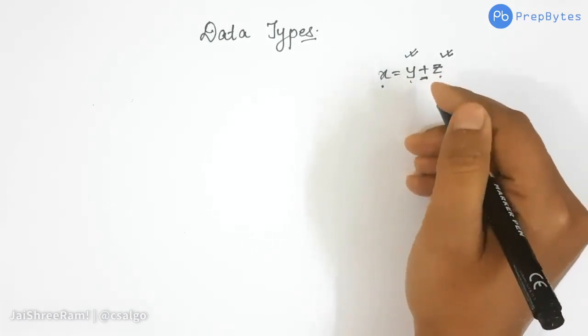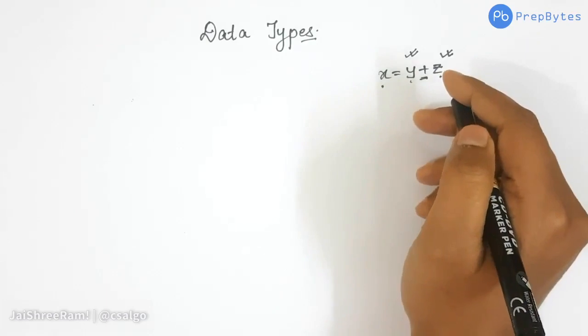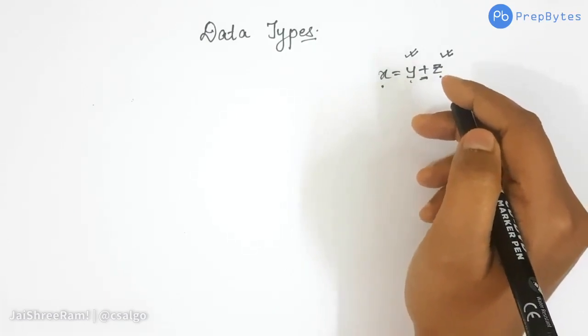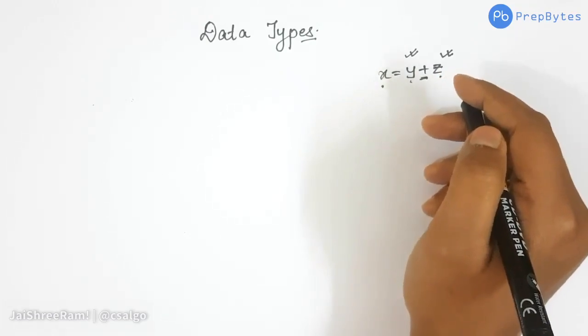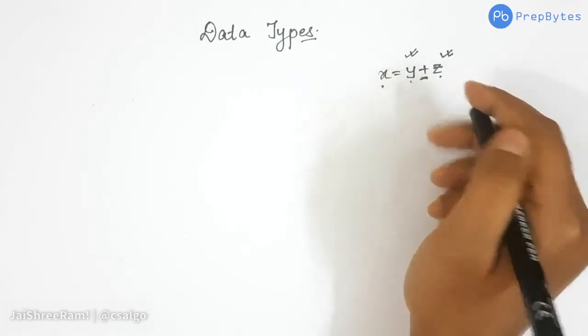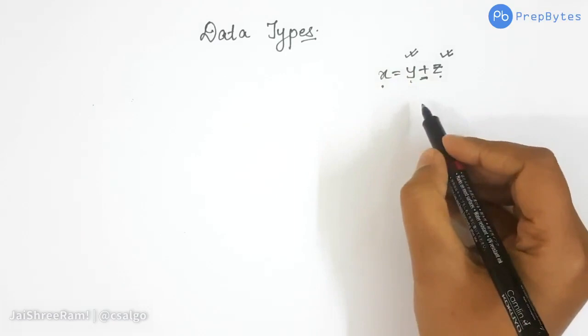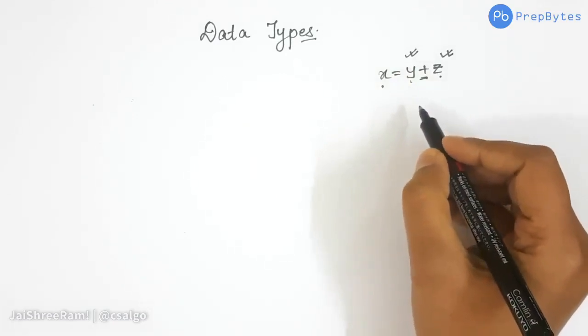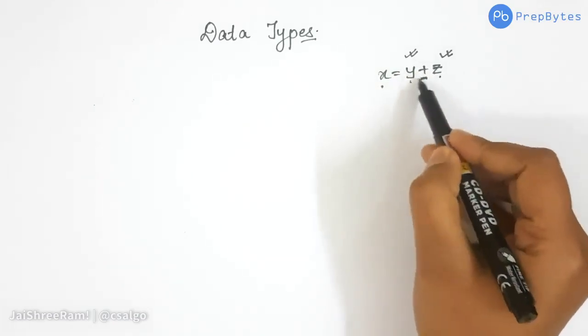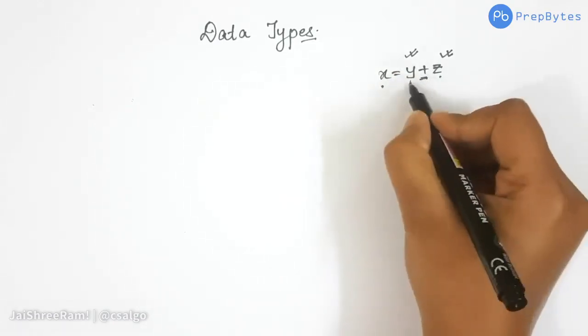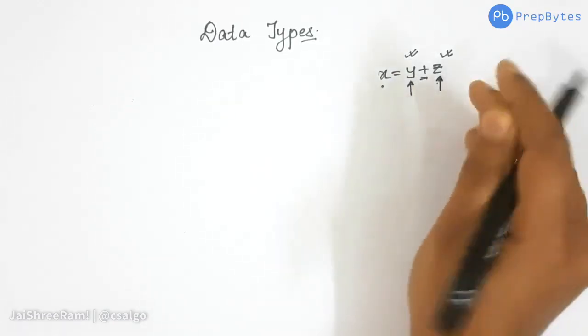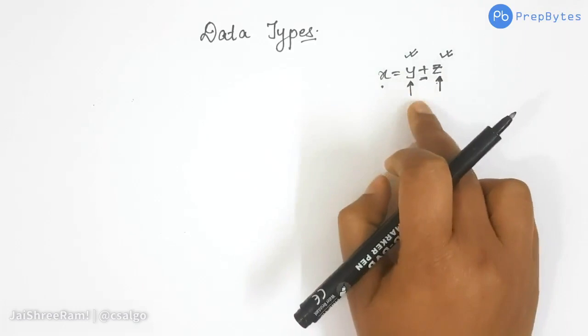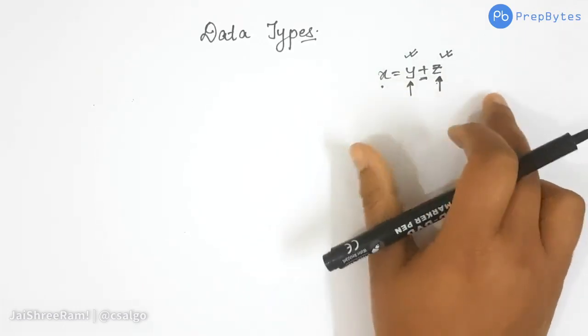Consider in real life, if we have alphabets and we try to add two alphabets, that is not possible, but if we add two numbers, that is fine. Similarly here, the C++ compiler also wants to know whether the operation that we are performing on these particular variables is valid for these variables or not.